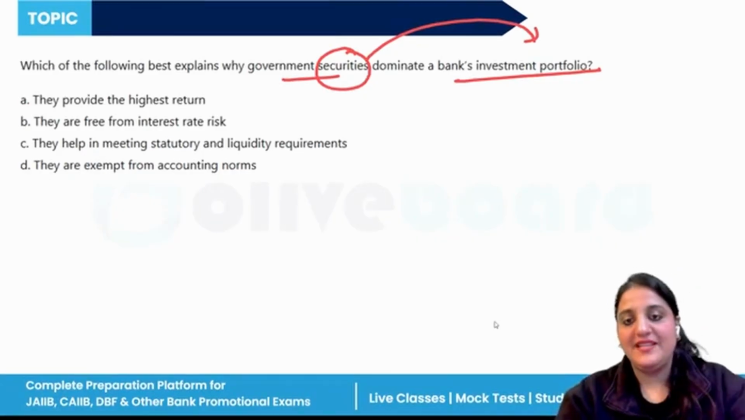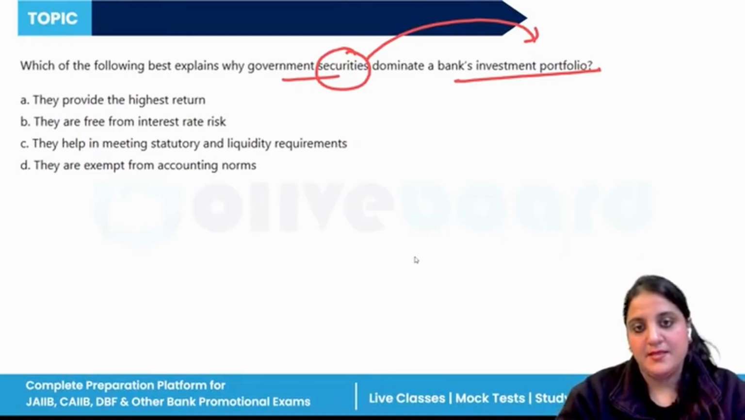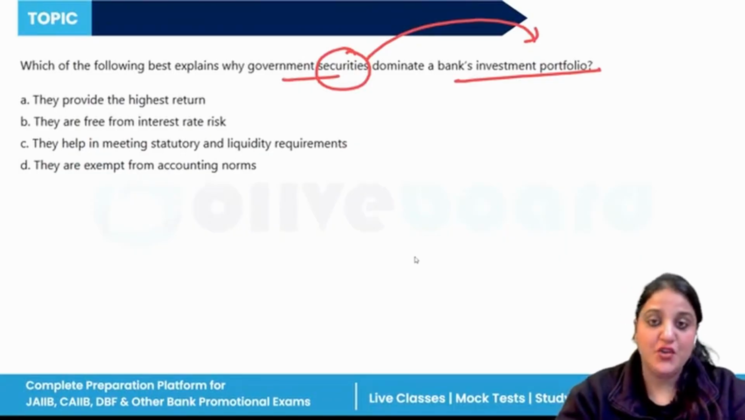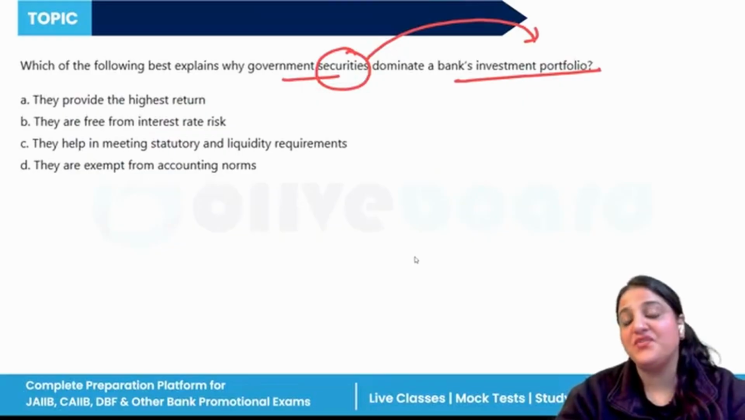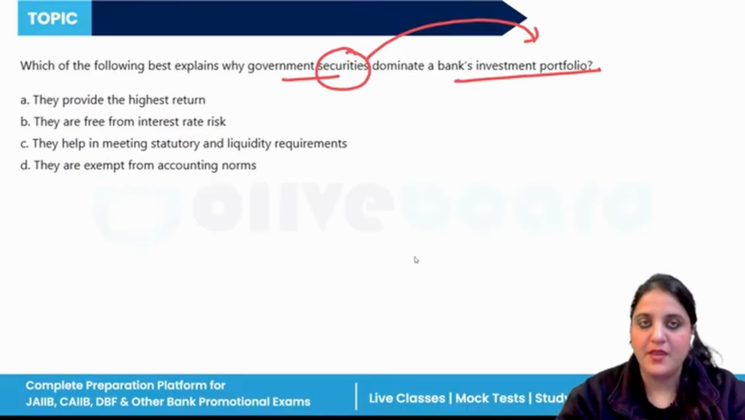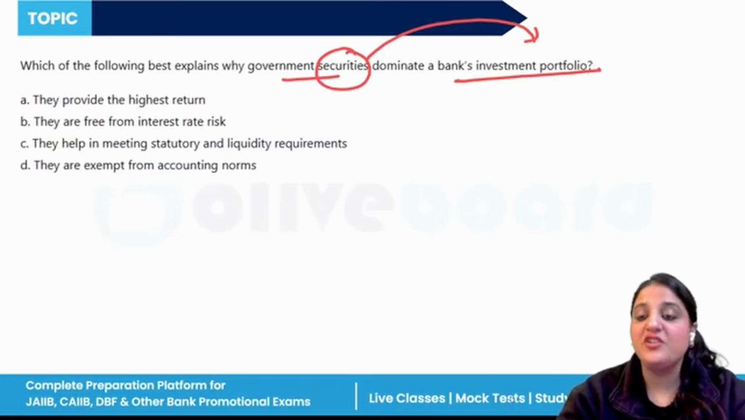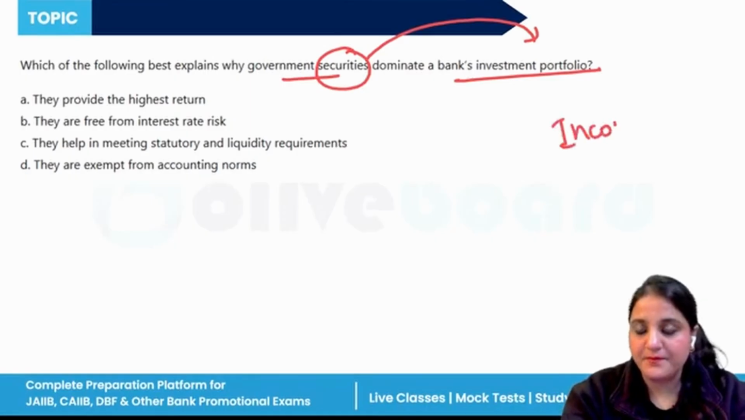So let's understand the concept. Suppose cash is the wallet, so investments are the bank's fixed income portfolio. Banks invest in government securities, approved securities, shares, debentures, bonds, subsidiaries, and joint ventures. But investments serve only three critical purposes. For what? Income generation,